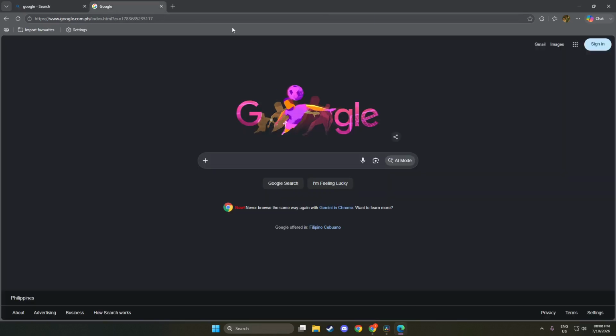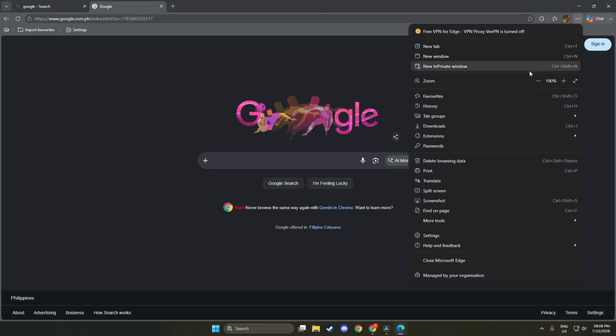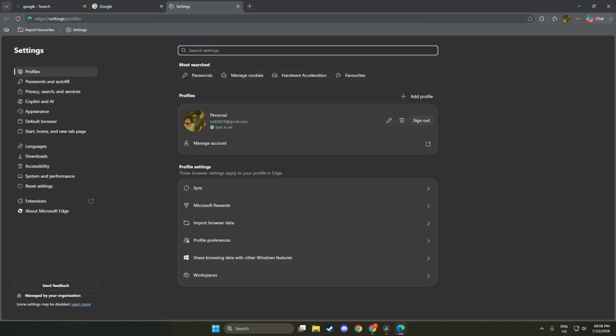Next, select Settings from the drop-down menu. Once you click it, a new page will appear, featuring several categories on the left sidebar. This page is where you can customize your browser to fit your preferences. You can adjust settings related to privacy, appearance, and more. It's important to familiarize yourself with these settings because they allow you to enhance your browsing experience.